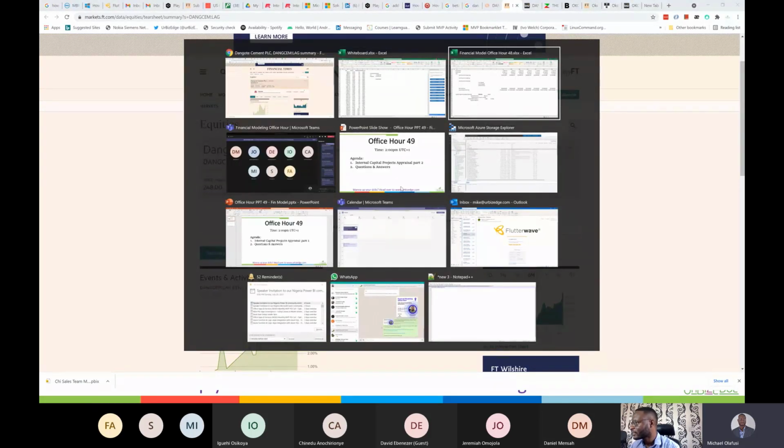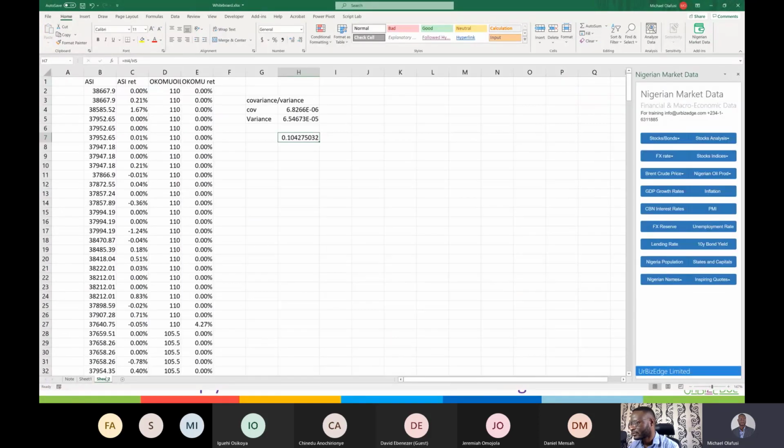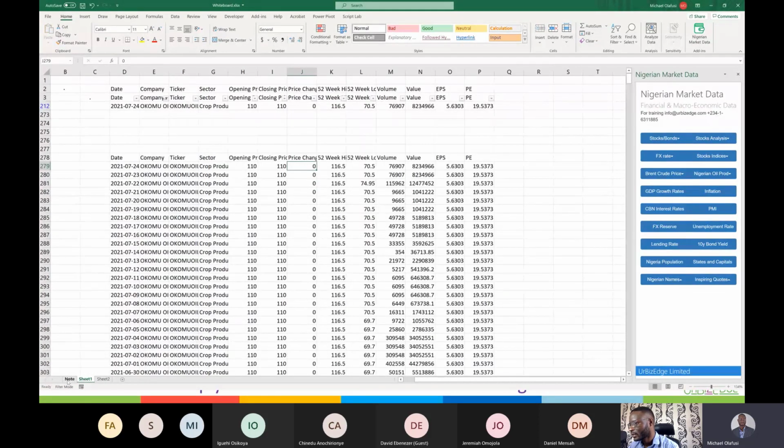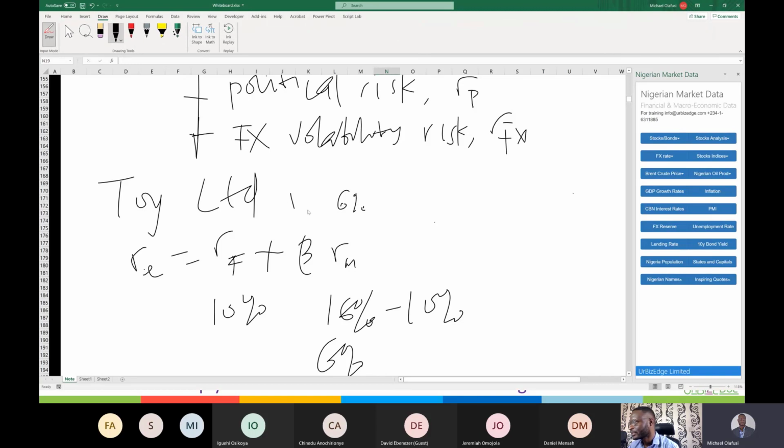So to round up, right? What we are saying is that you as an investor, if you know the beta of the opportunity, so if we use the Dangote one now, and you can use proxy. If you don't have a company, if your company is not in the market, we use something similar. So based on what we said, we are into toys.